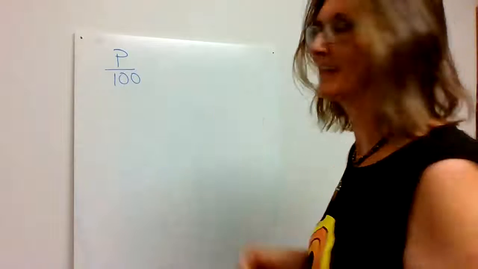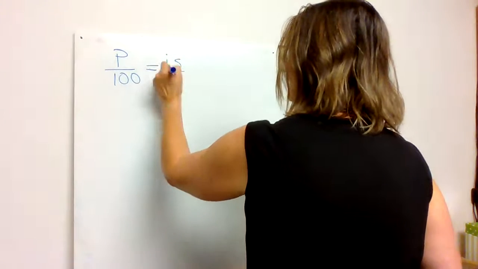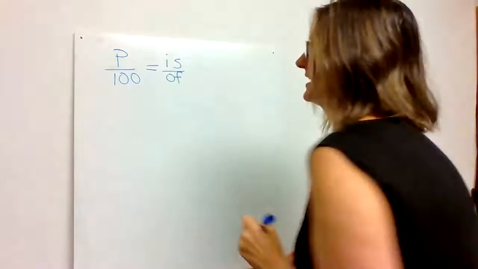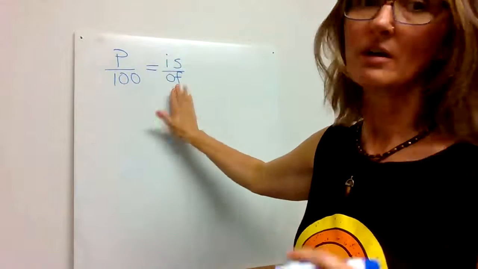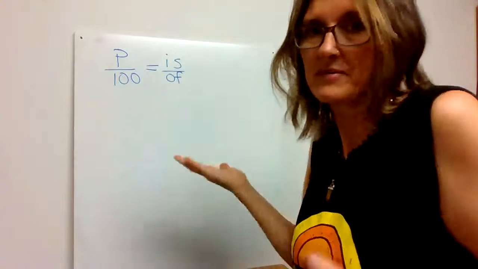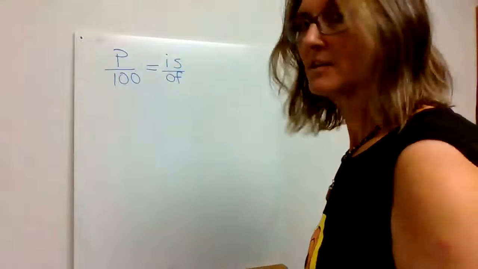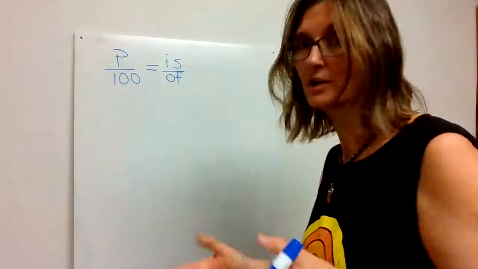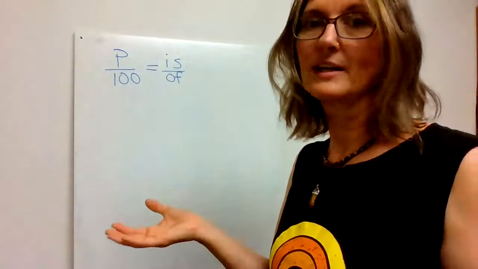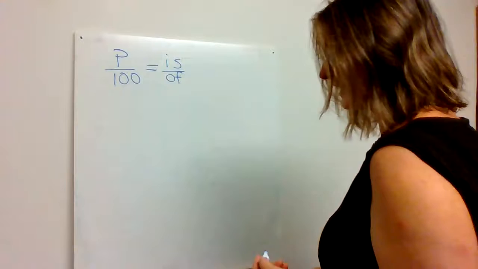So I'm going to use a capital P. And then I'm going to say is over of. So this is how we make the percent equal to a number that we're looking for, another fraction. So we often see this in word problems. They're short. You have to be able to decipher what it is, but it's pretty easy. All the words give themselves away. For example,